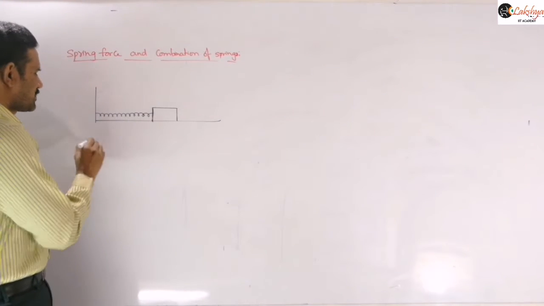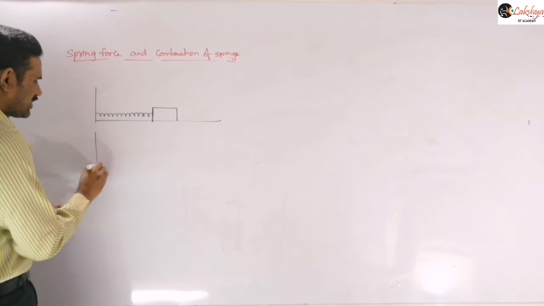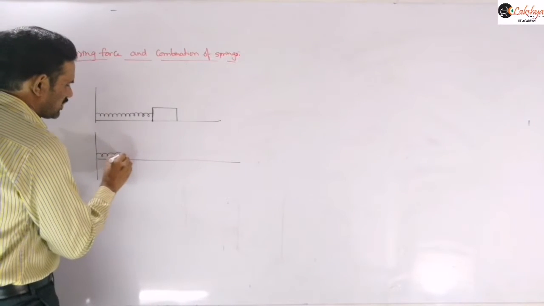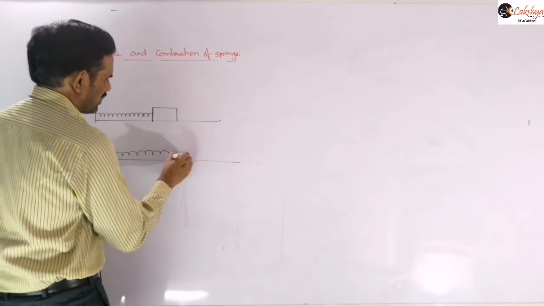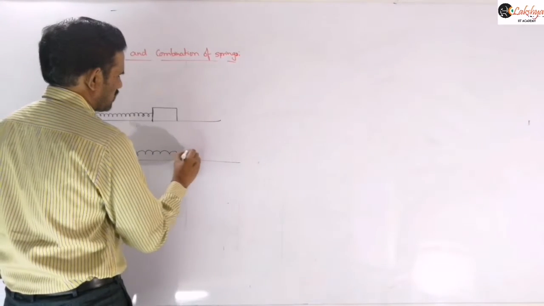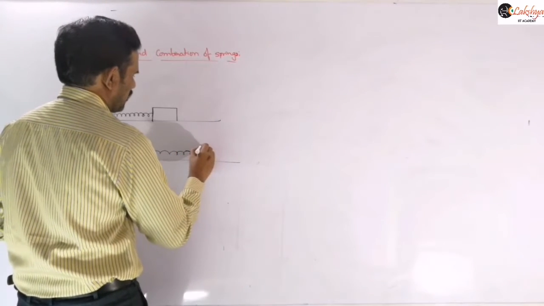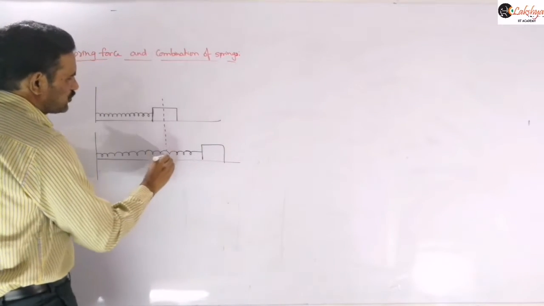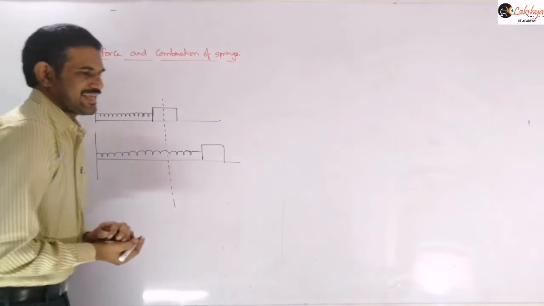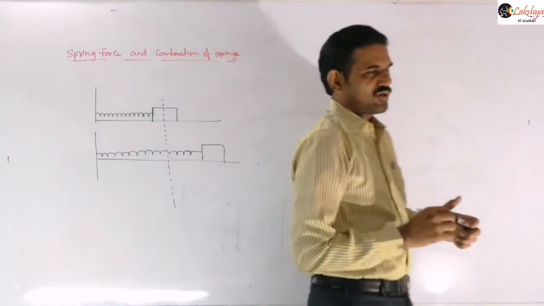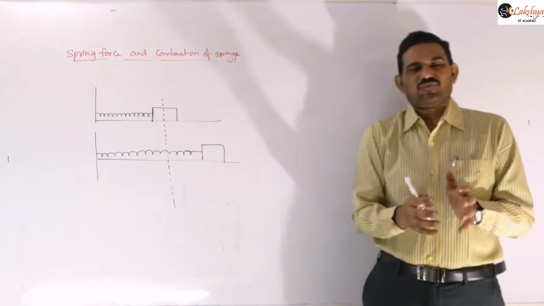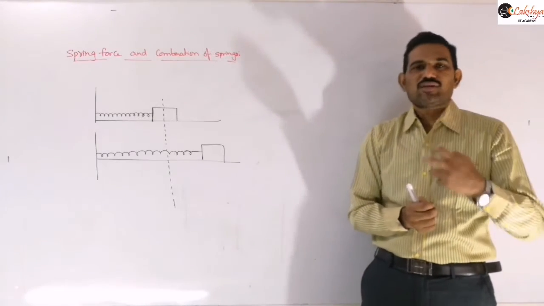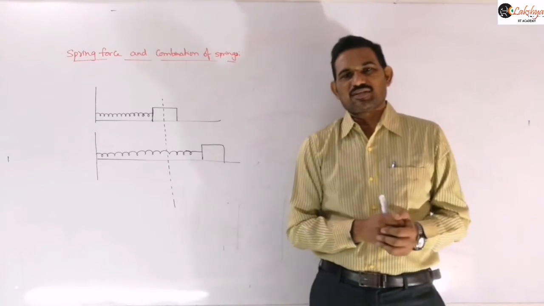And when the spring is either elongated or compressed, suppose the spring is elongated: the block is pulled to the right so that it undergoes some elongation. Suppose now the block is pulled up to here. Then this spring force is nothing but an elastic force, which I explained already. Elastic force is a restoring force actually. It always tries to regain its original shape and size.